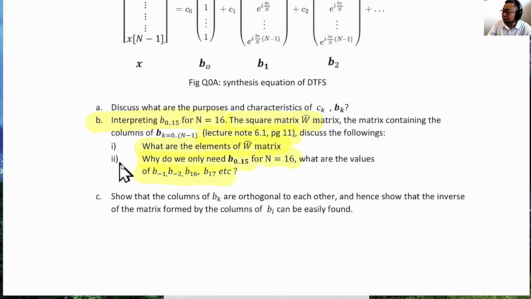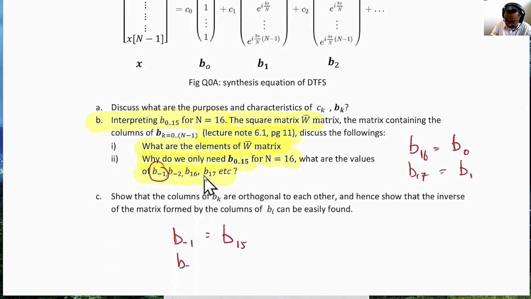The second part of the question says, why do we only need B0 to B15? What about B16, B17? You can try to calculate B16 and you realize that B16 has the same value as B0. B17 has the value of B1. What about B minus 1? B minus 1 has the same value as B15. B minus 2, same value as B14. What you need to do is simply to plug it in